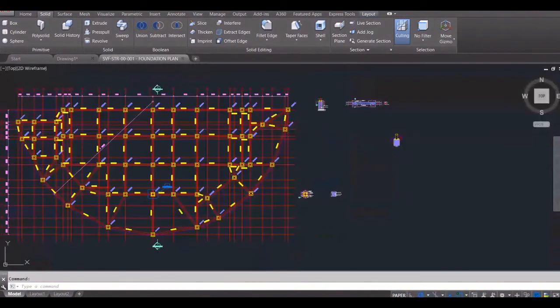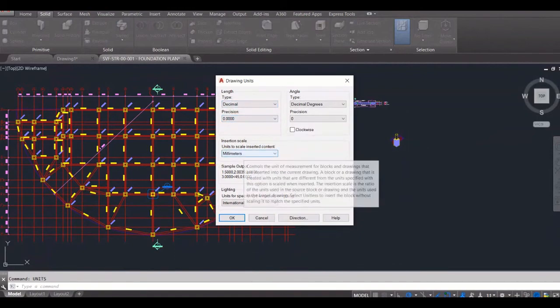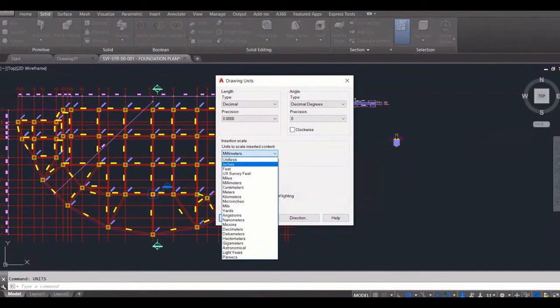Like if I go here and I say units, right? So you can see decimal and precision. This is a length, okay, and this is a scale. It's millimeter. So whatever I have drawn, it should be in millimeter length.